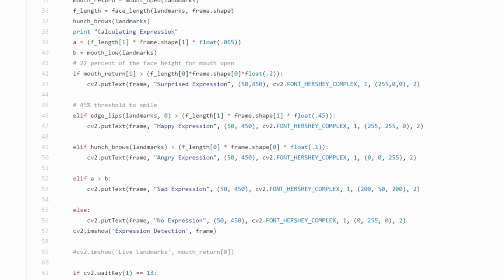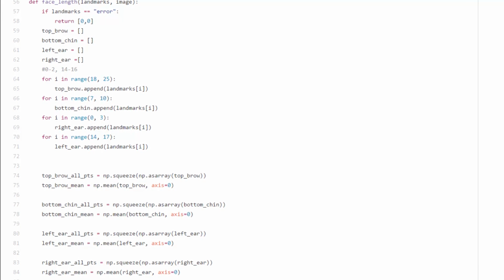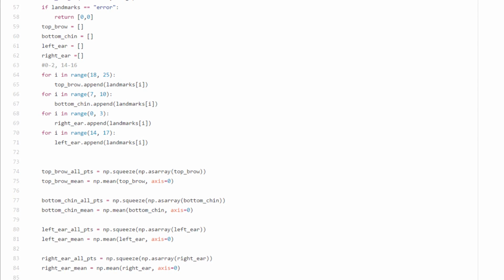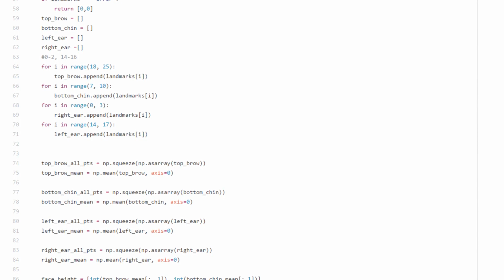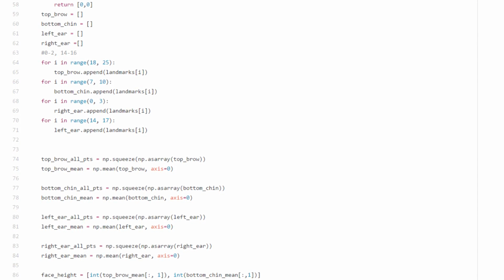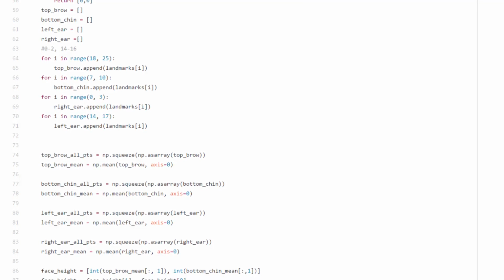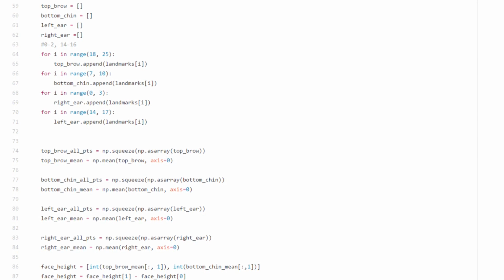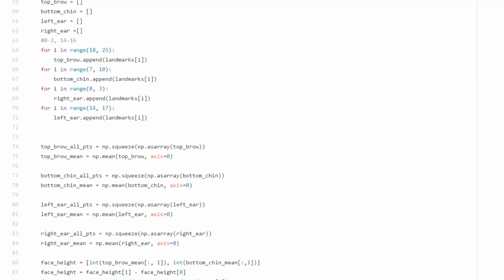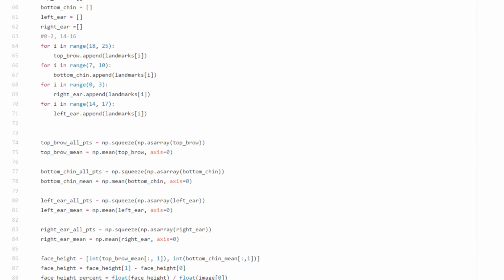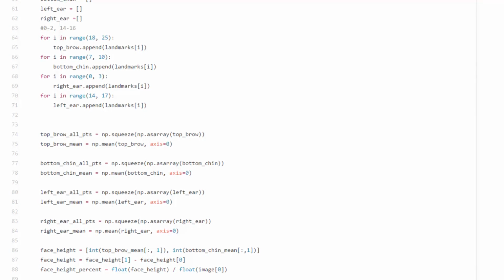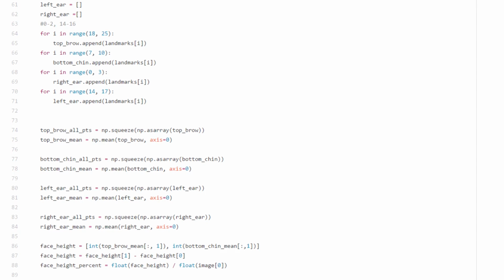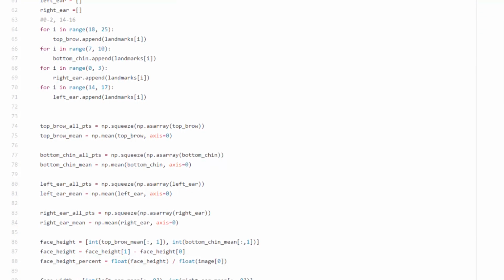So how I did this was I knew I was going to run into some problems if the face was up close to the camera or far back from the camera. So what I did first was create some functions to determine the ratio between the length and width of the actual video. So it was 1280 by 720, and then maybe the total height of the face was going to take up like 30% of the screen or something like that, and the width was like 22%. So once I got those ratios, I simply calculated